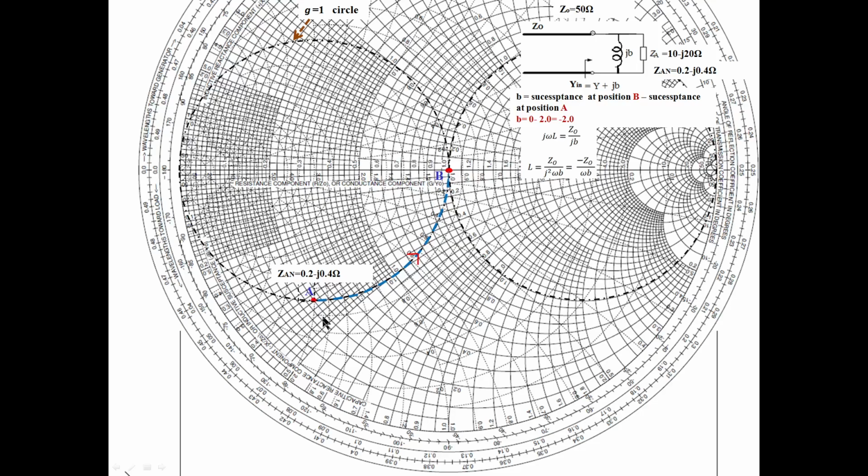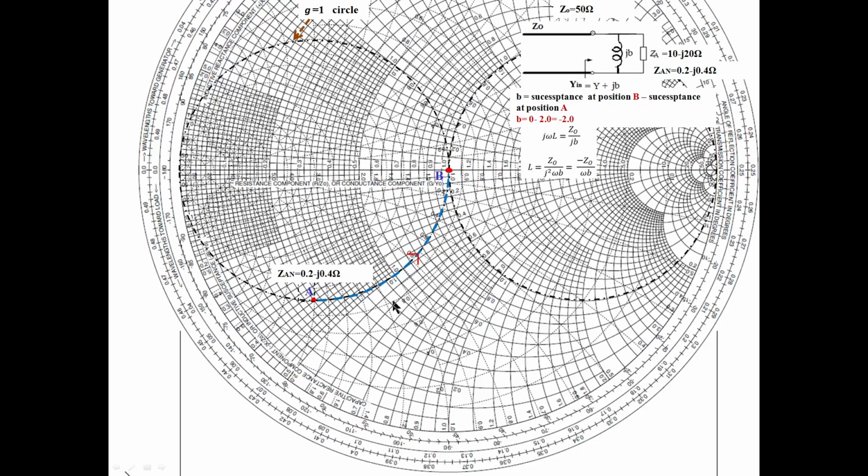I should not move on the resistance circle like this, because it doesn't go to the center of the Smith chart. Even I should not go in the clockwise direction on the resistance circle. It doesn't take me here. So I decided to move in this direction and reached here. And which element did I get? This is the inductor.